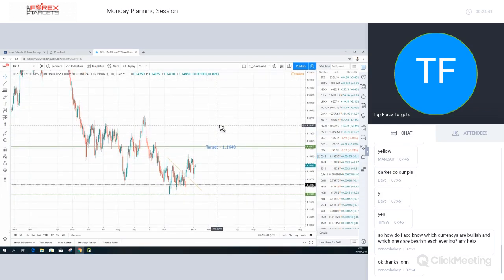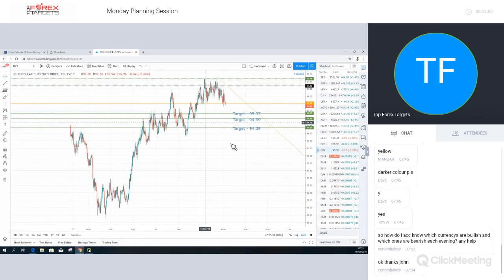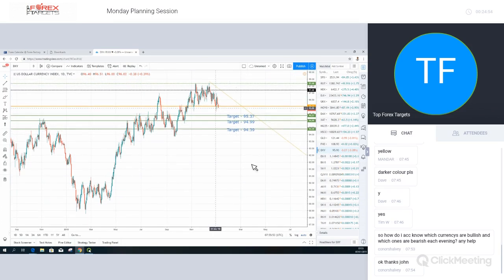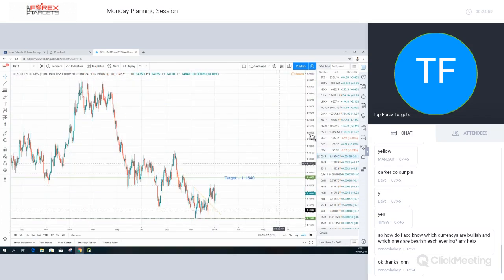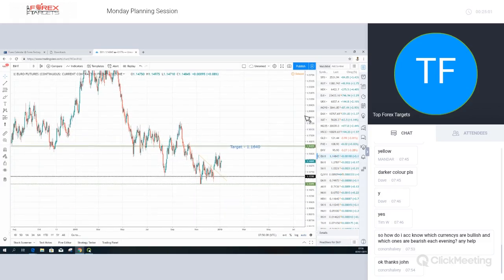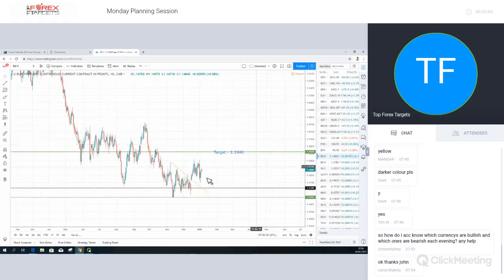Okay, so in terms of the 2 big macro themes going into this year, it does look like we could have dollar weakness coming into this year with this big correction that we're seeing, and that would very easily be catalyzed off the back of a softer approach from the Fed. And inversely, as we have this not quite tightening of monetary policy, but a form of tightening, we should see the euro not only benefiting from a decline in the dollar, but having that added weight of the net purchases being stopped in December. Okay.